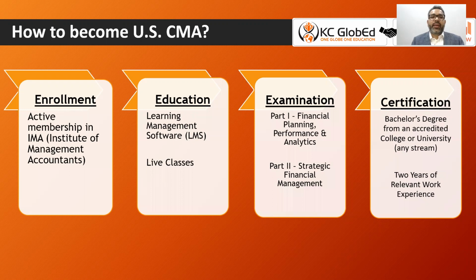And then, to get the certification, you need to do your graduation parallelly also. You would require a graduation degree to get the certification, but you can pass the examination before the graduation, and you'll get the certificate of CMA after the graduation. That means after your 12th standard you'll pass the exams, and then you can start a job alongside your correspondence bachelor degree. Once you get the bachelor degree and 2 years of experience, you will get the certificate as well. So this is the overall process of becoming a US CMA and getting the certification after your graduation and 2 years of relevant experience.